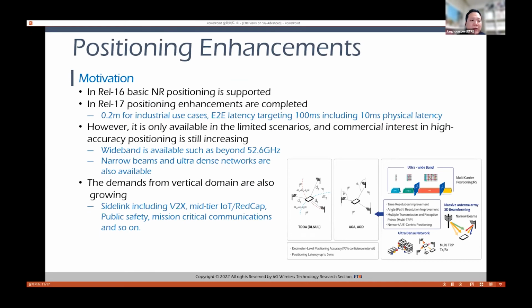In release 16, basic NR positioning was supported, and positioning enhancements were completed in release 17. However, it is only available in limited scenarios. And commercial interest in higher positioning accuracy is still increasing. At the same time, wideband such as beyond 52.6 gigahertz is also available. And as the operating frequency range becomes higher, narrow beams and ultra-dense networks will also be deployed. In addition, the demands for high accuracy positioning are also growing from vertical domains, such as sidelink, webcam, public